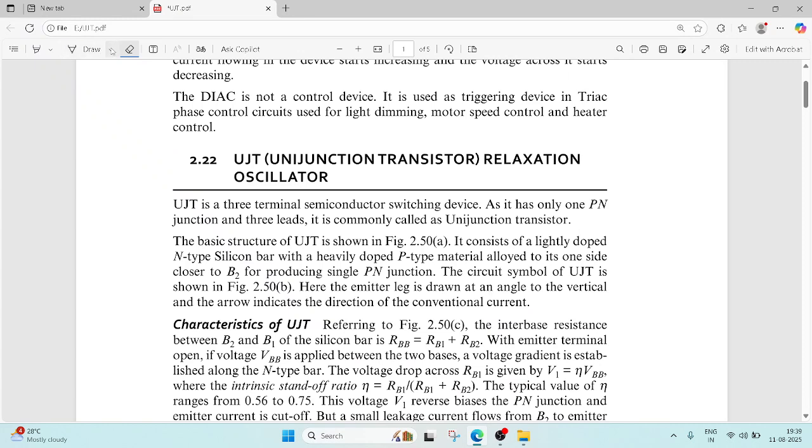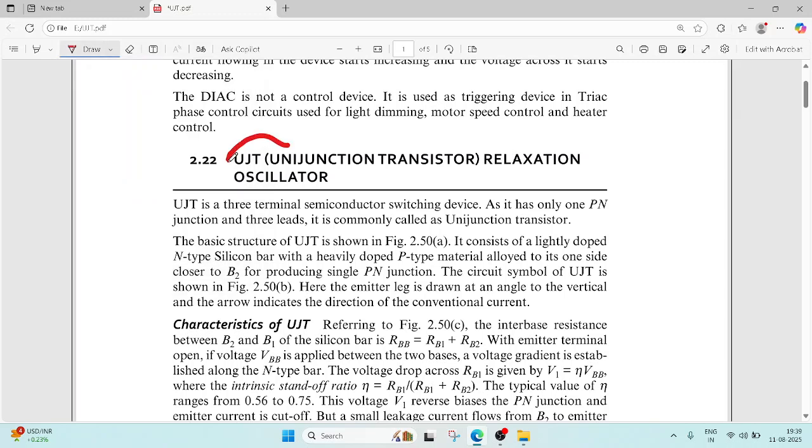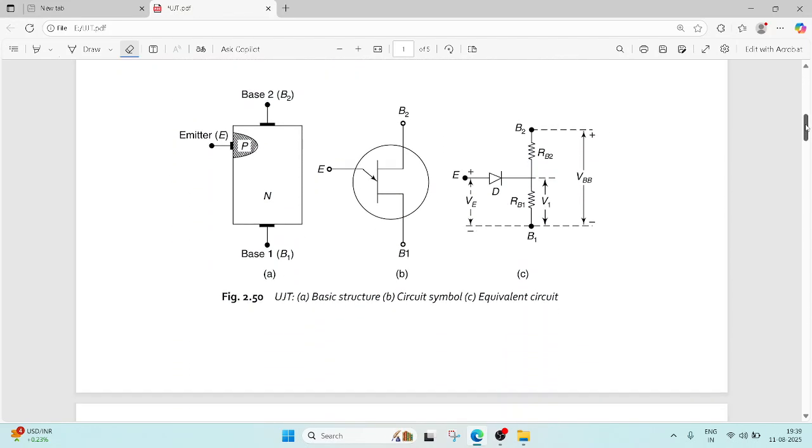The topic is uni junction transistor, UJT. It's also called a relaxation oscillator. Relaxation oscillator. Now, UJT,